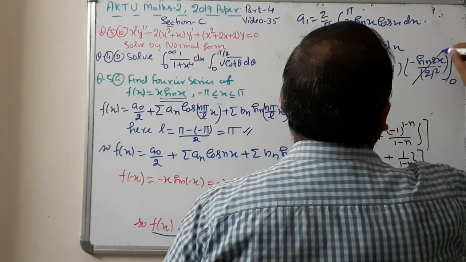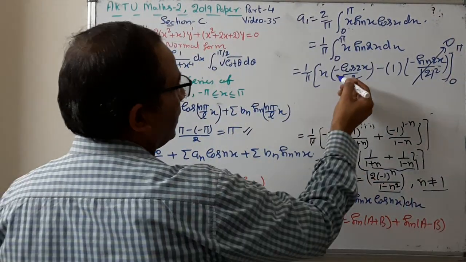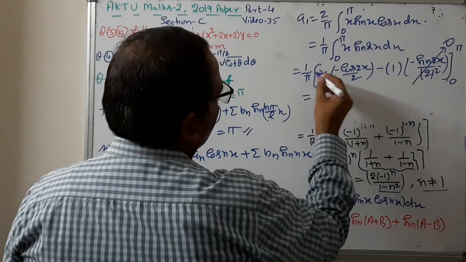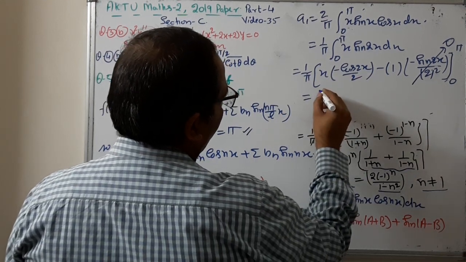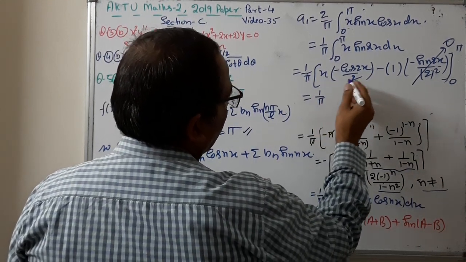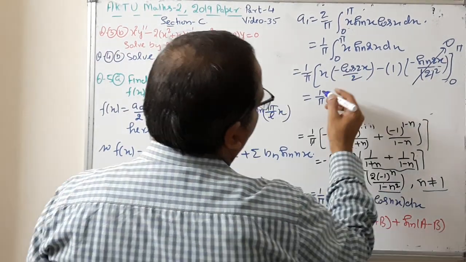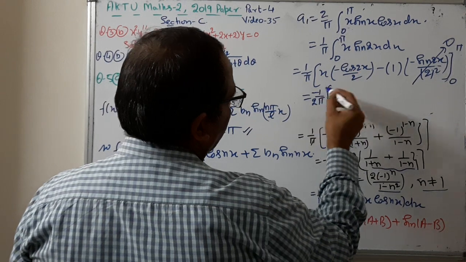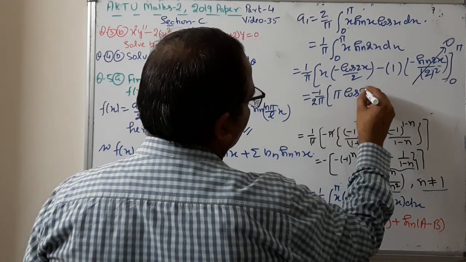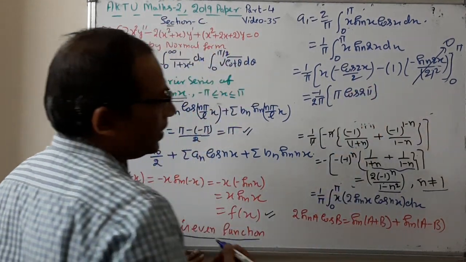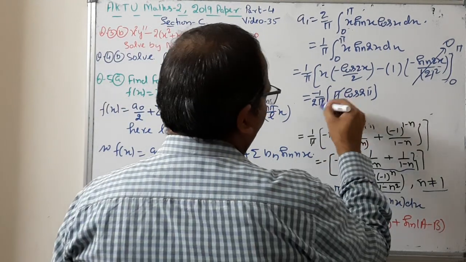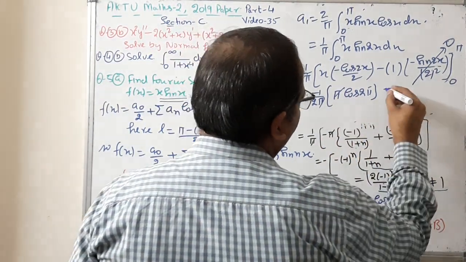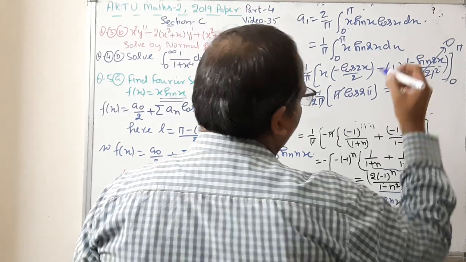When you put 0 to pi, this integration is equal to 0, and this is equal to this minus pi, putting here pi, so 1 upon pi, and this one is 2, so 1 upon 2 pi, and taking this minus sign common, pi cos of 2 pi. We can write it like this, right? And pi and pi cancel out, cos 2 pi is 1, so this is equal to minus 1 by 2.